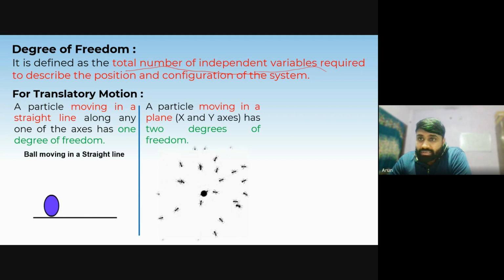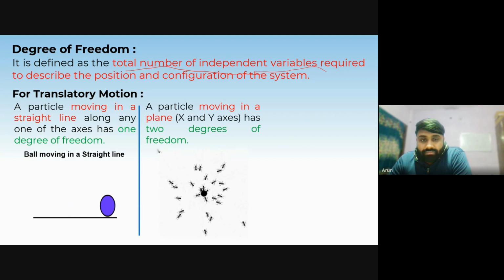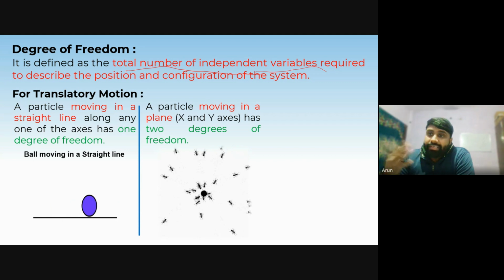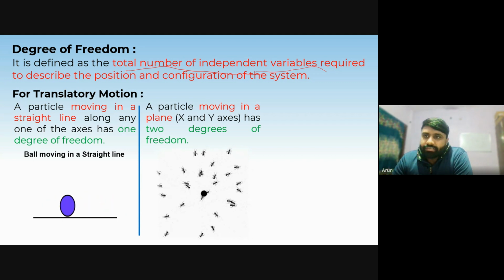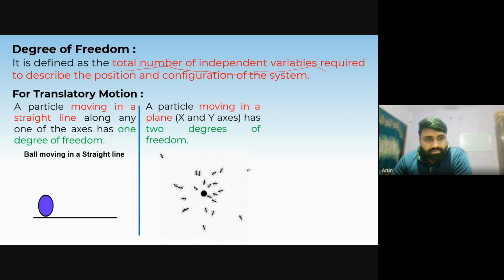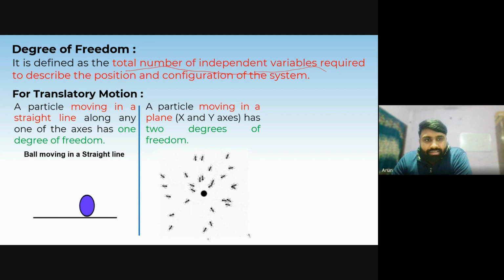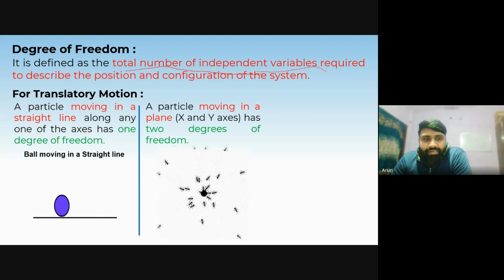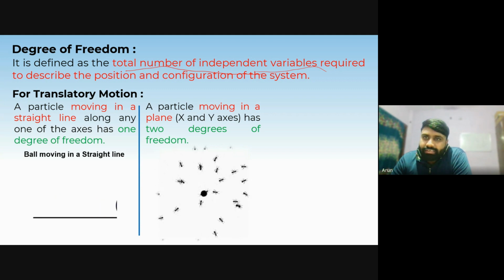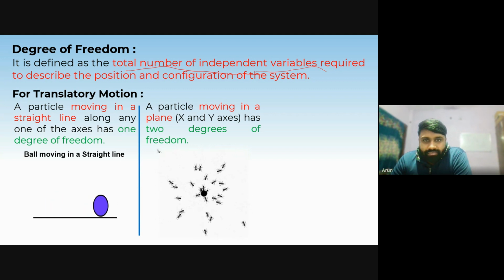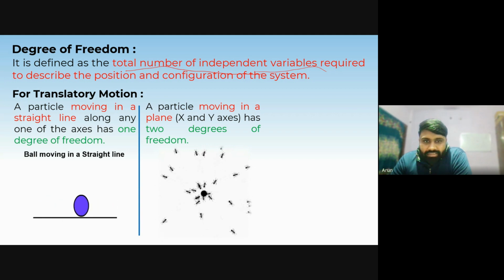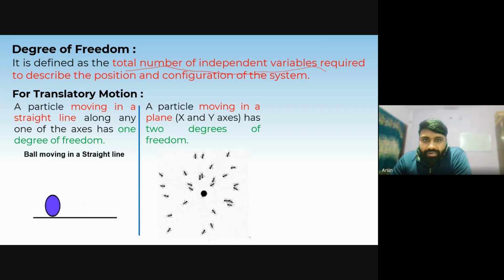One degree of freedom means in how many dimensions it can move freely in space. So in one dimension it can move only in one direction freely. So there is only one coordinate that we need to describe, so that is why the degree of freedom is 1. If I talk about planar motion,